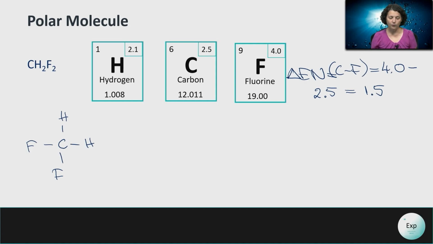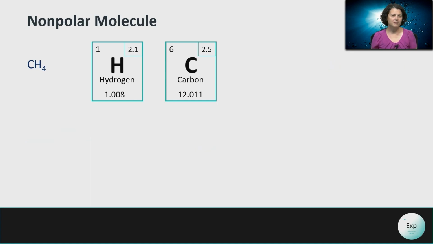However, the four bonds are not exactly the same. So the two hydrogens are pushing electron density towards carbon, and the two fluorines are removing electron density from the carbon, making this an unsymmetrical arrangement and giving us an overall polar molecule. For nonpolar molecules, we need to negate